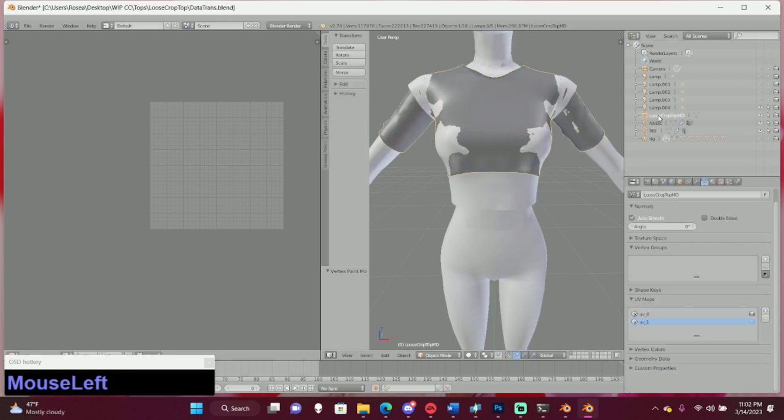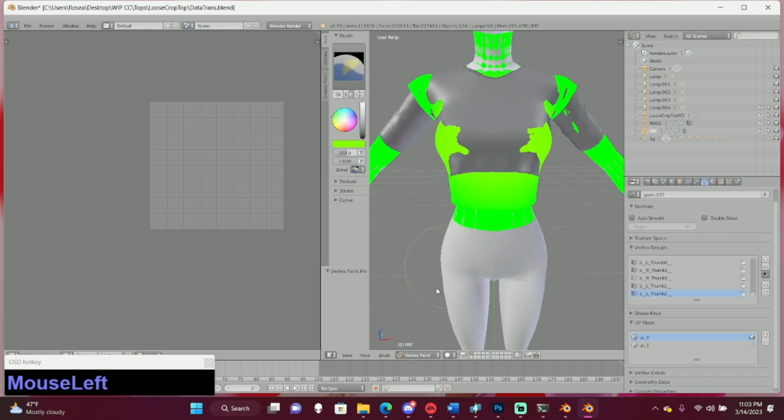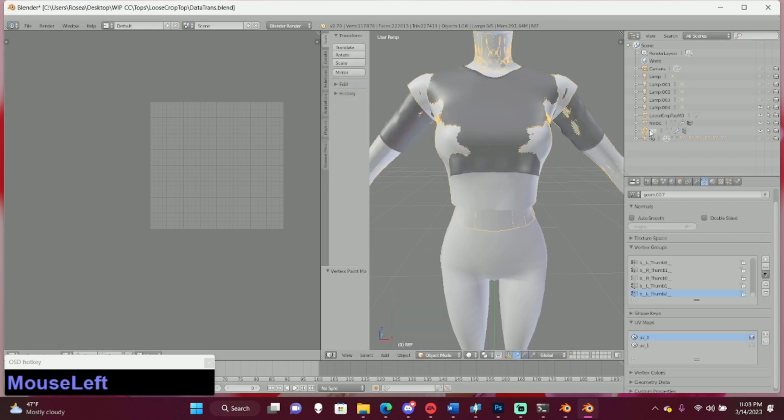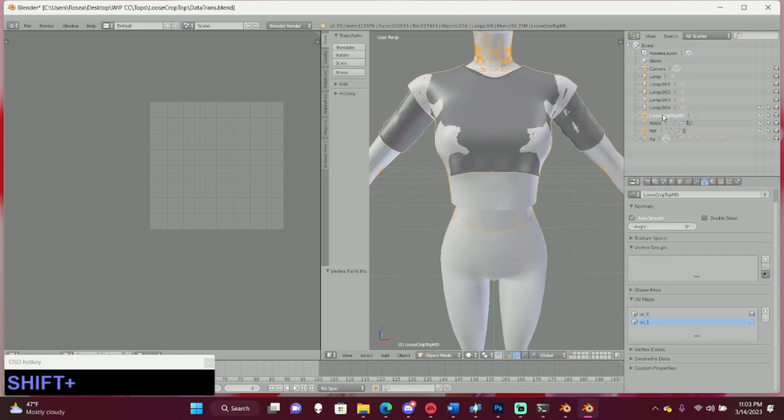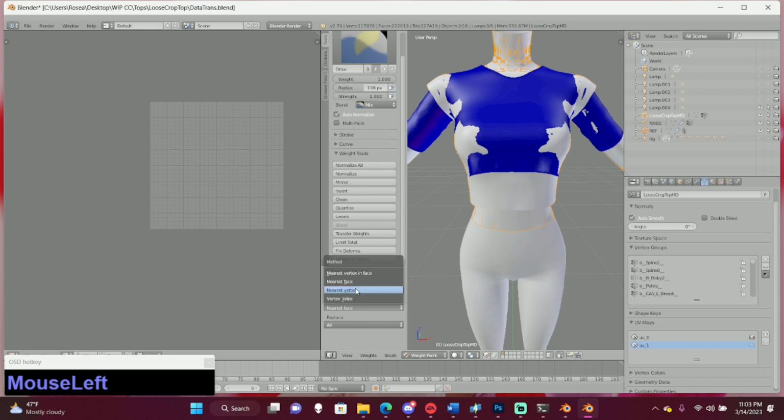Then we're going to go into our shirt, go to Vertex Paint, and then right here we're going to click Set Vertex Colors. And then we're going to switch this to object mode, click reference, hold shift, click the name of your shirt, click weight paint, then transfer weights, and then nearest vertex.